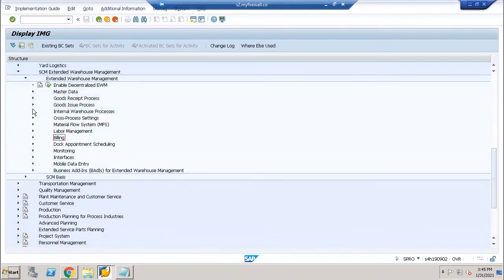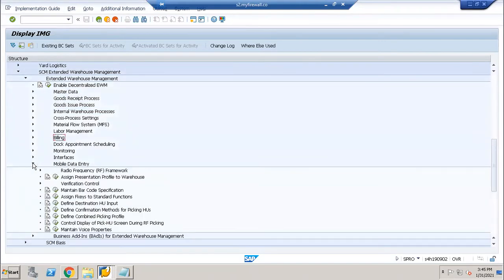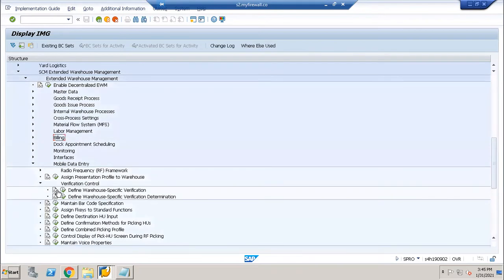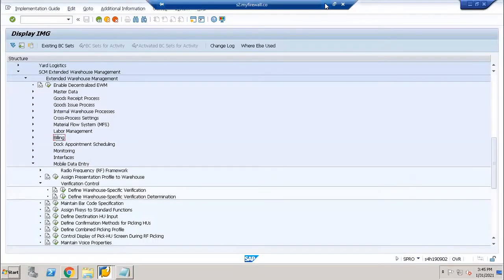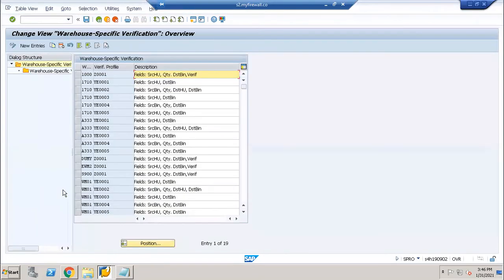So we have got a specific node called mobile data entry. So verification control, right? So define ROC specific verification. Yes, define ROC specific verification. Then how to determine it?